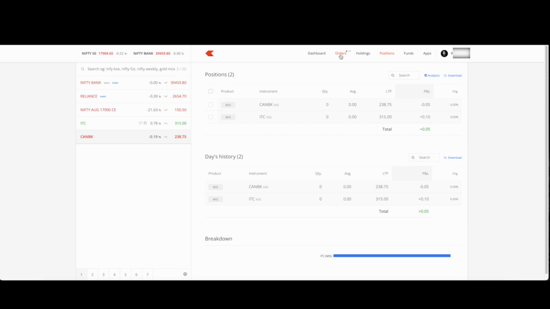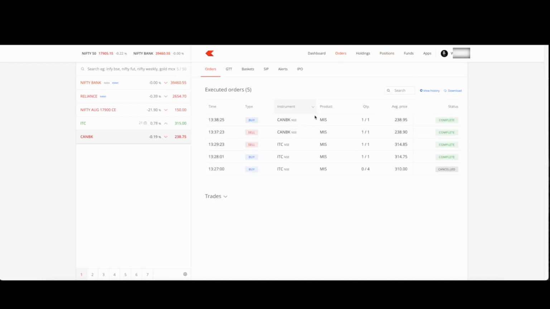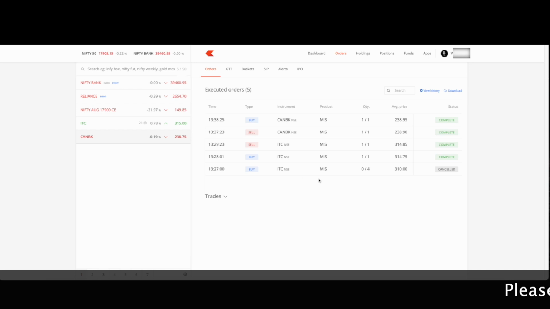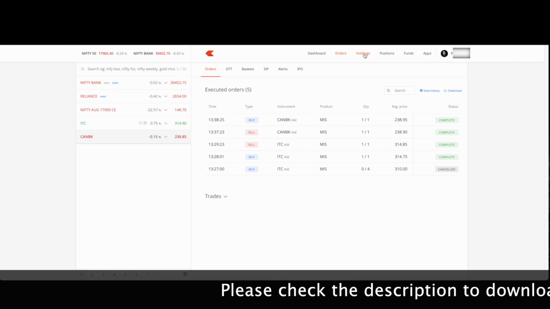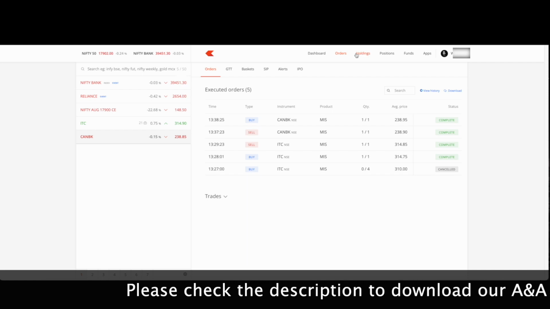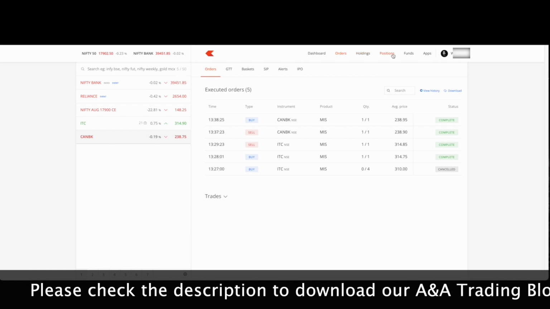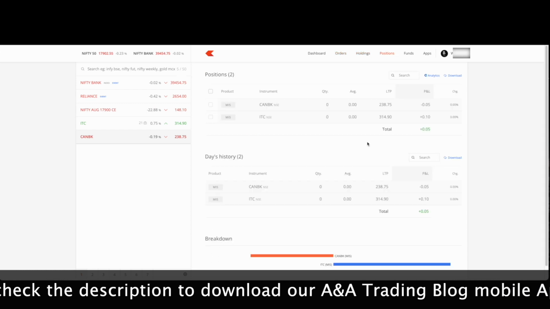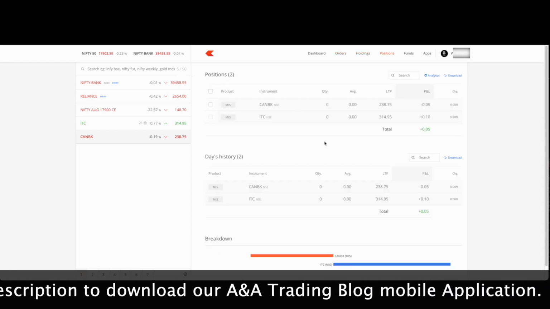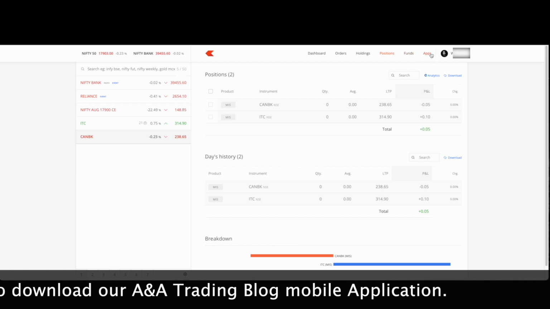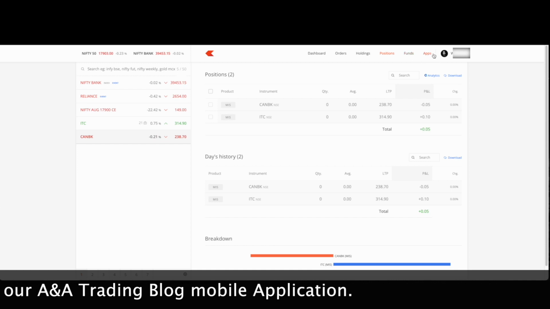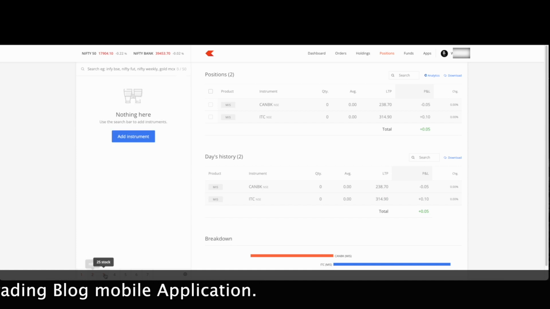Alright. Now if you go to this order section, you will get to see what all orders you have placed. If you go to this holding section, it will show you the stocks which you are holding for long term, where you're holding it for more than one day. I don't want to show my long term stock. Now if you go to this position, it will show you your intraday positions. Here you can see your funds, and here there are additional apps which you can look into. In this watch list section, you can add up to 50 stocks in each watch list so that you can